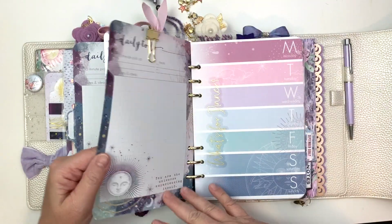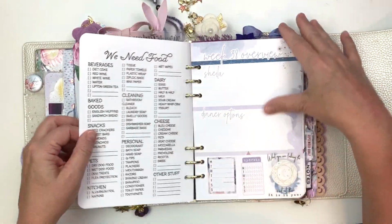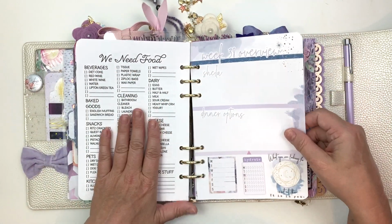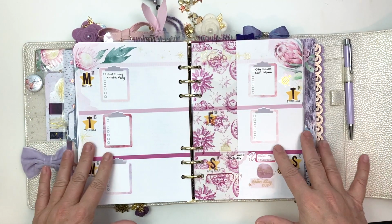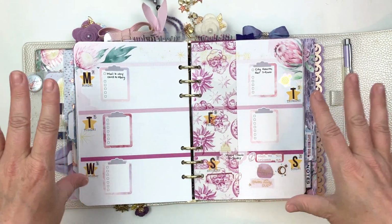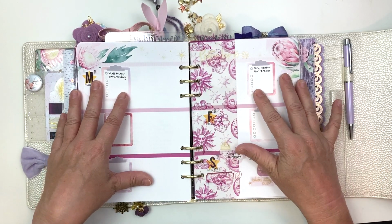So these are next week's daily pages. We go what's for dinner again, my grocery list, my week 38 overview. Haven't really done anything there. And then we get into the next week, and it's kind of pinks and purples again. And I have a little bit less here, but I'm going to stop in the middle of this video and